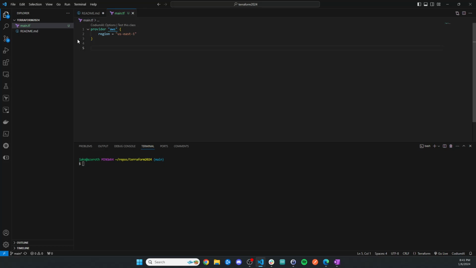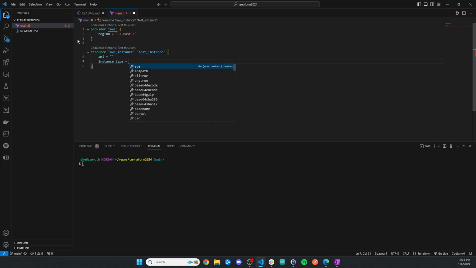And every something in Terraform is called a resource. So we're going to build a resource. And the Terraform AWS provider knows that aws_instance means EC2 instance. And I'm just going to name it test instance. And in this test instance, I'm going to use an AMI, and I'm going to pass an instance type so it knows what type of EC2 instance, and we're just going to pick T2 micro,